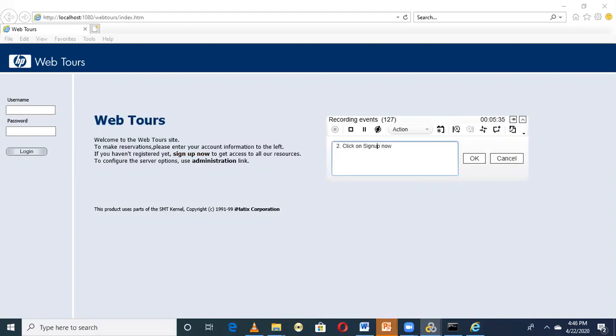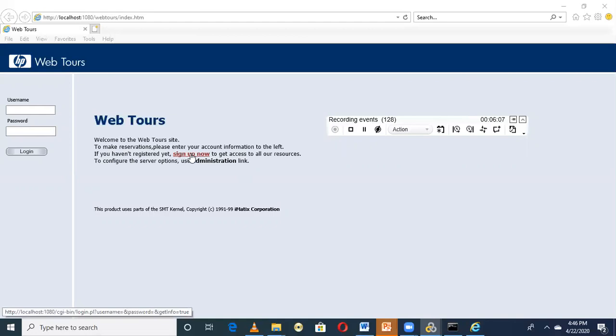Next we need to insert the start transaction. I'm going to give the name as webtools underscore user registration underscore, next the sign up process, sign up underscore, and since this transaction is the second one, I'm going to give it as T02.